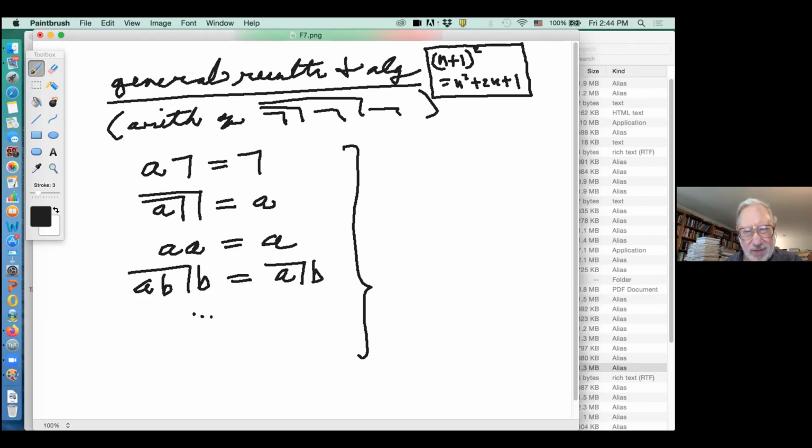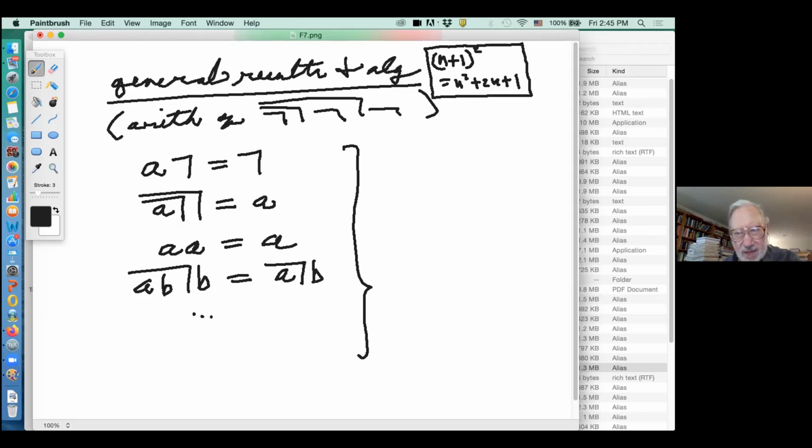If A was, there are only two numbers, marked state and unmarked state. So if you put in nothing on here, then you get mark equals mark. If you put in something, you get mark, but that's equal to mark, and so on down the line. So there are infinitely many of these.